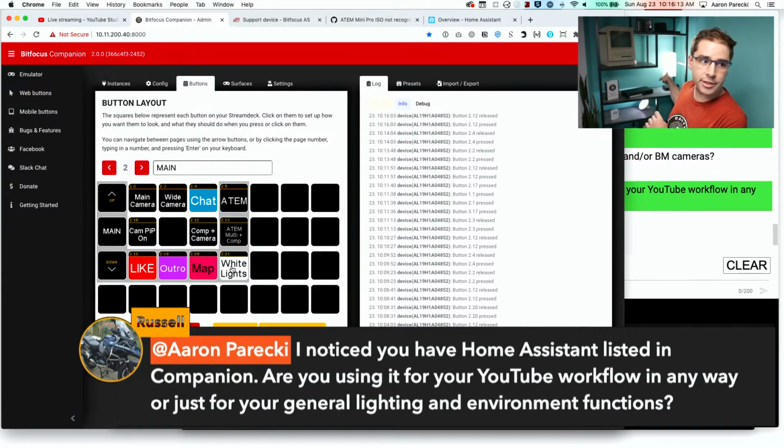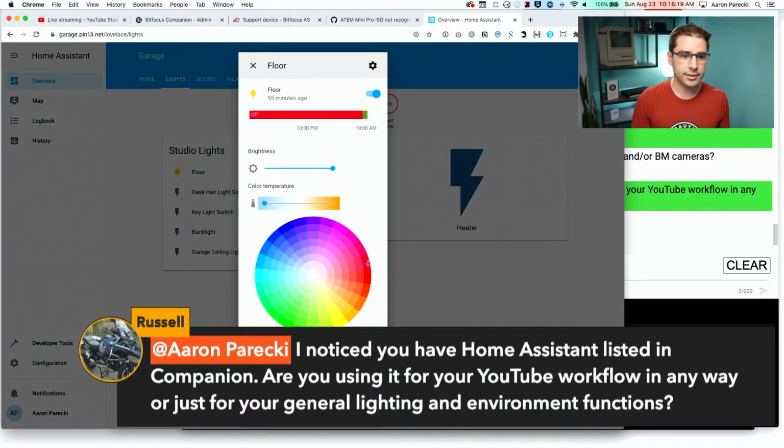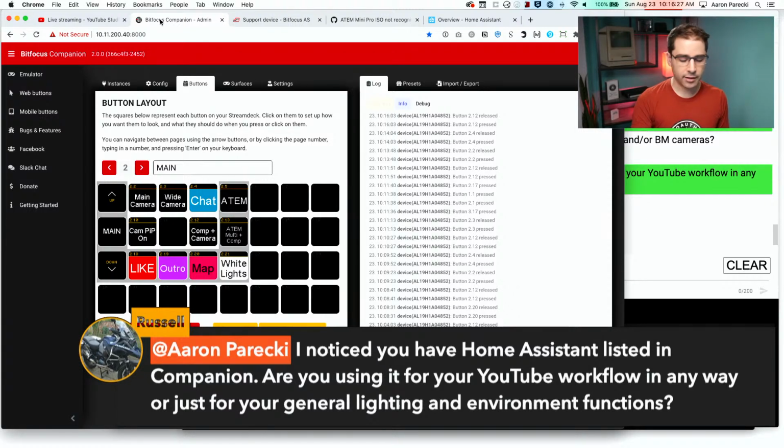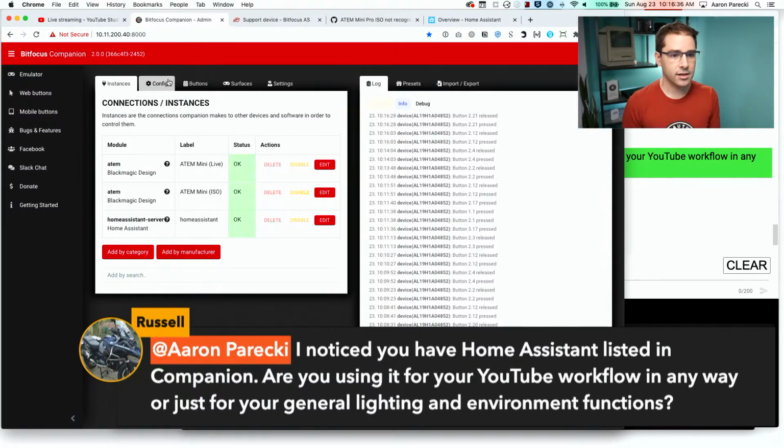So if you send me a super chat, they change color. This is my Home Assistant, but they'll be red after somebody sends me a super chat message. And then I can just push a button on Companion and turn them back to white. So that is why I've got it listed as a connection.